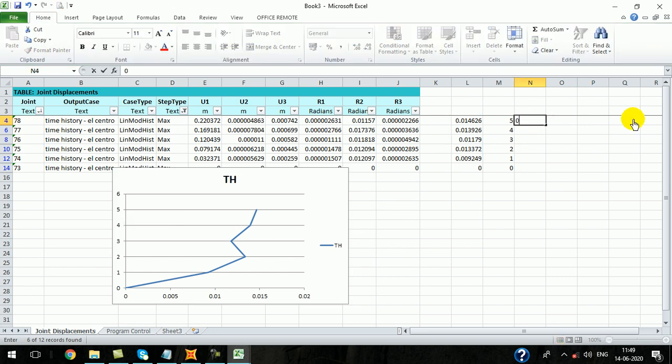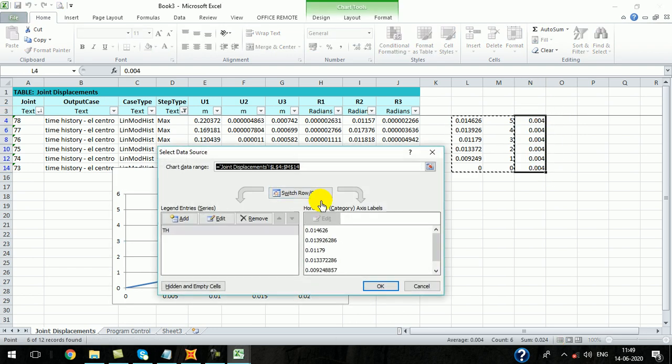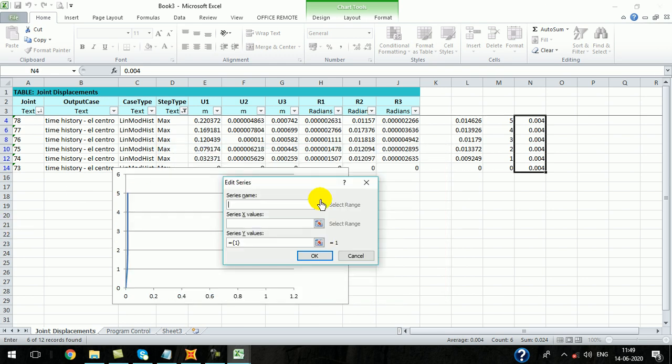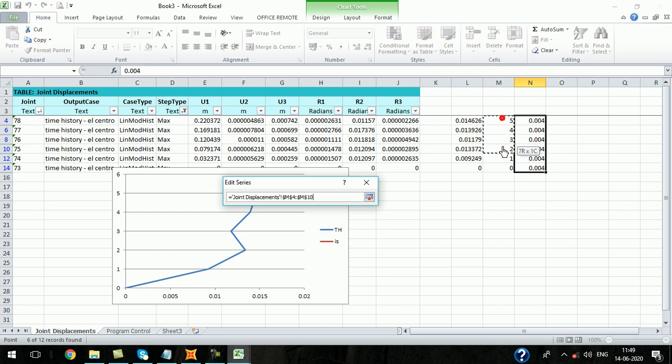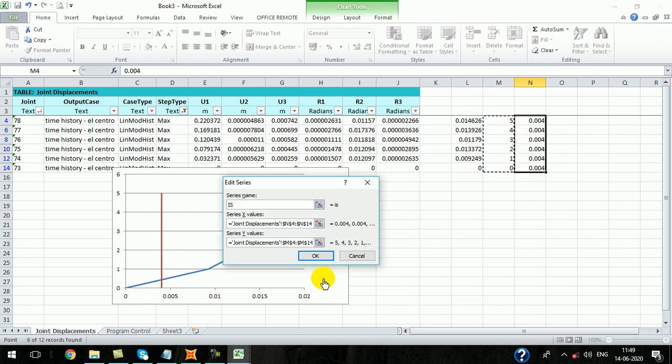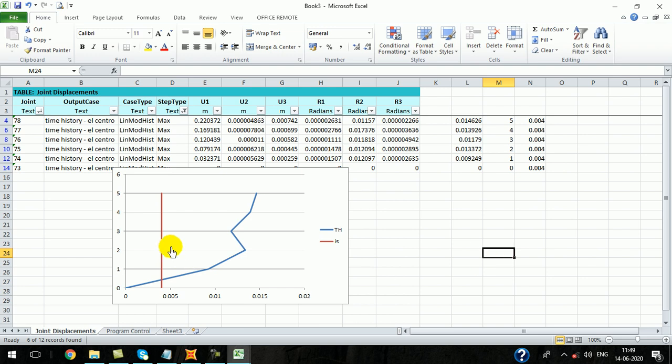Nearby, if you put 0.004, you can compare with that also: in the x-axis 0.004, y-axis 5, 4, 3, 2, 1. You can verify your value. See how high the story drift values of the structure are in the El Centro earthquake. It is very high, so you have to make your structure less than this.